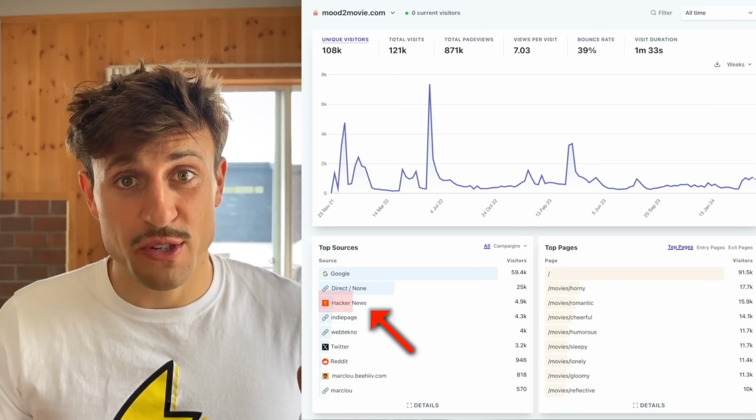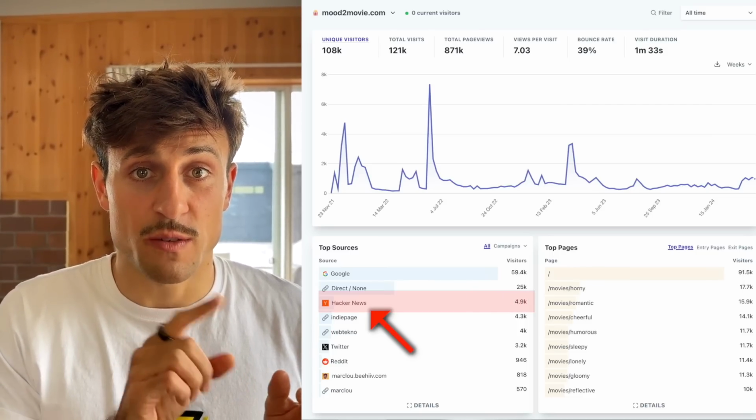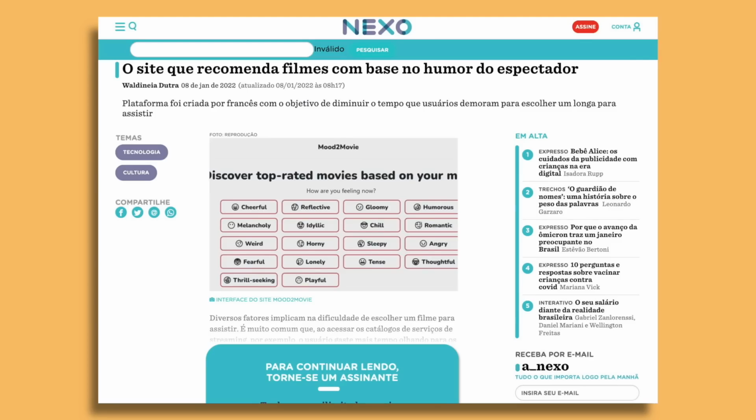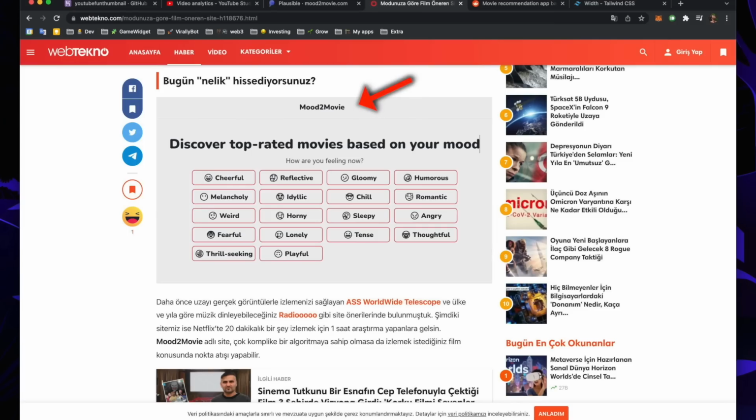Let's go! At the very beginning of the journey, when I just got started and had zero experience, I launched Mood to Movie on Hacker News, and within a few hours the post went viral. It got 5,000 visitors at the beginning, and I didn't know, but it was the spark of something way bigger. There are tons of other platforms that feed off Hacker News content, and when they see top performing posts, they will usually reshare the content later. And so occasionally I would see my app Mood to Movie being reshared on other platforms, in TikTok, newsletters, and other tech aggregators, and sometimes even in languages I don't understand.